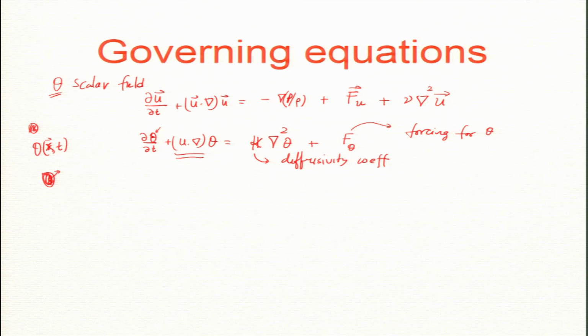Now, this equation has some interesting properties. We can write down the equation for theta squared. Let us write it down: I can multiply the whole equation by theta. This will give you d by dt of theta squared by 2. What about the other one? u is still incompressible. So, I can write this term as del j uj theta. Now, I put theta here, and you can easily show that this is del j uj theta squared by 2.